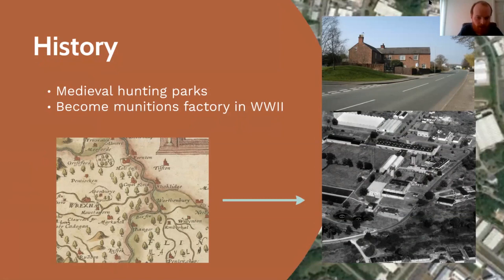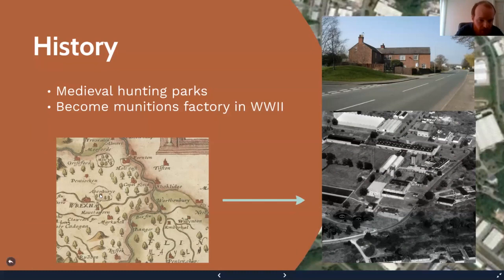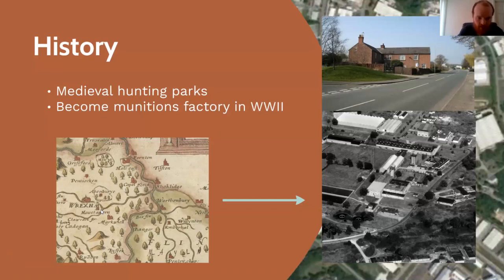There's a few around Wrexham in particular, one which pretty much encompasses the industrial estate, Abenbury, but there's also other medieval parks like Cefn Park, which remnants of it still exist. And then in World War II, the landscape changed fairly dramatically, and this gave rise to